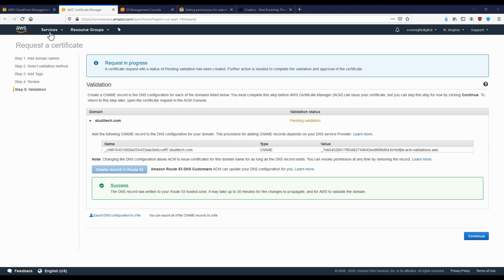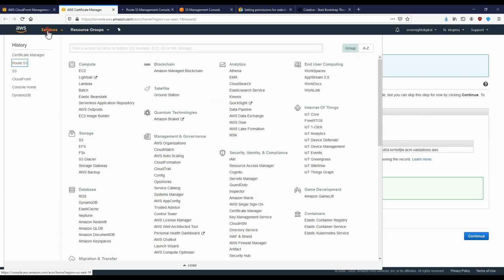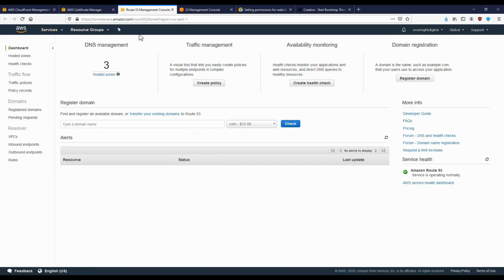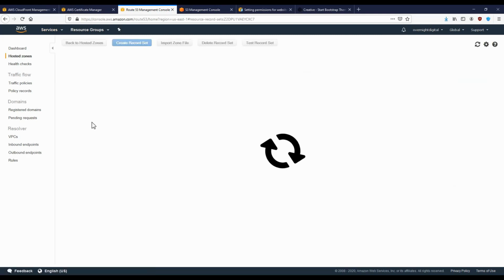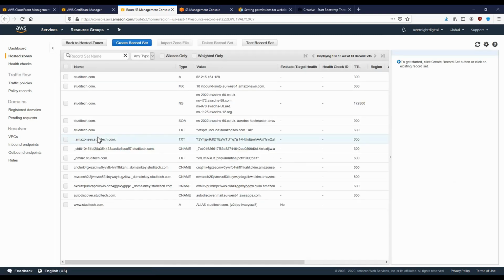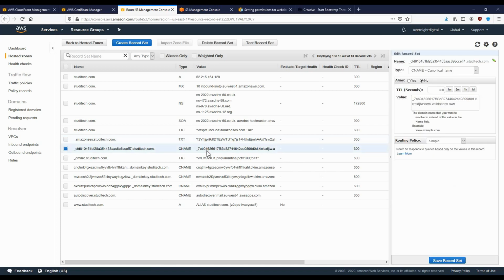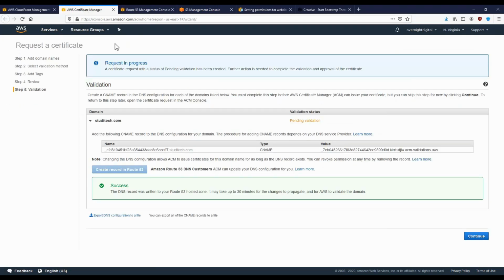Now we can go to Route 53 to actually check that our settings are added there. Go to your hosted zones, go to the hosted zone you would like to go to, and here is our CNAME record we have just added. You can also confirm your domain via email, which in most cases is much faster. But if you don't have a dedicated email or don't have access to it, you can also do it via